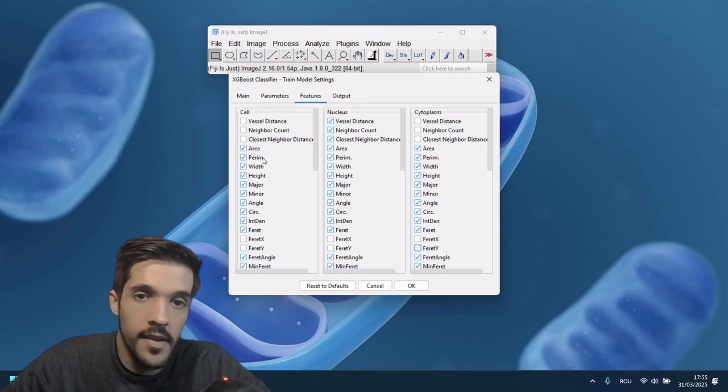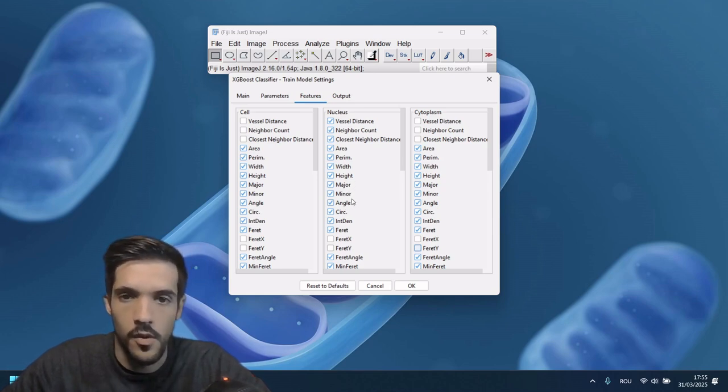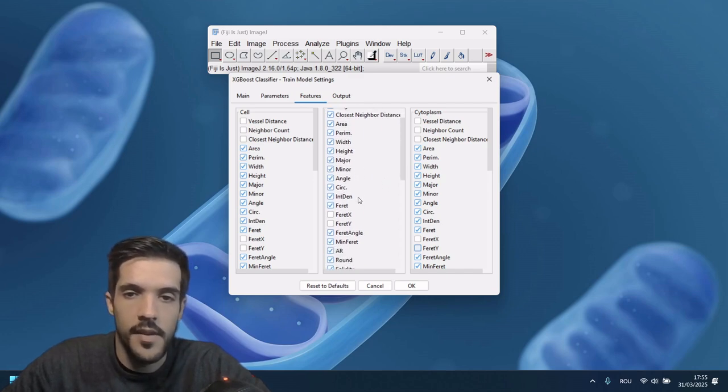So the area, the perimeter, the width, height, which are pretty intuitive what they mean. The major and minor are simply, if we approximate the ROI with the nucleus, it's easier to visualize. If we approximate it mathematically to being an ellipse, then simply this will be the major and minor axis of that ellipse. The angle will be the angle between these two axes, so to know the orientation more or less. Then we have the